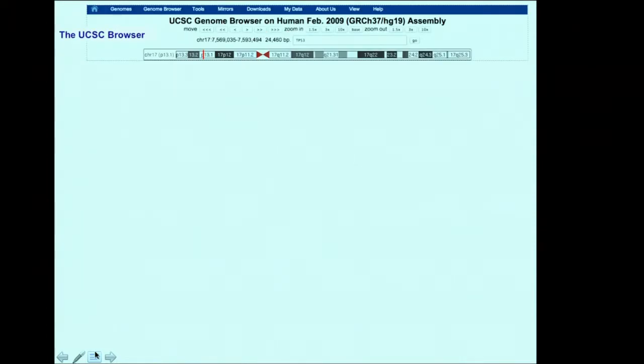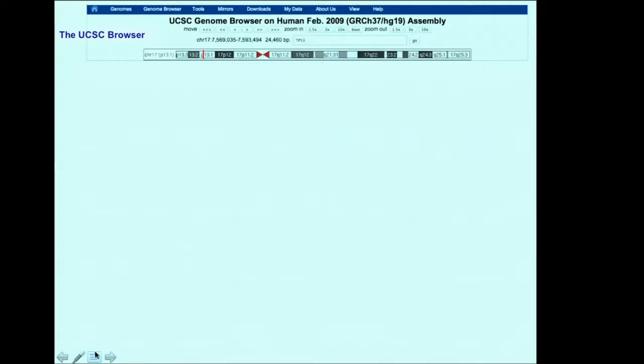Okay, just a very quick introduction. Probably it doesn't need to be done. What is a genome browser? The best example is the UCSC Genome Browser. I heard Ben mention that it's very important to hit the sweet spot between being simple and being sophisticated, and I couldn't agree more.